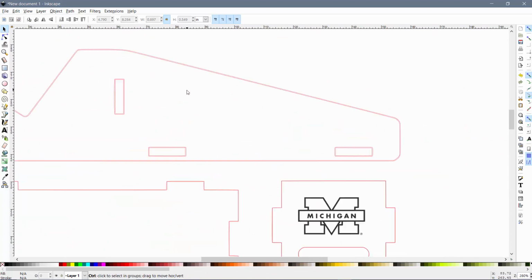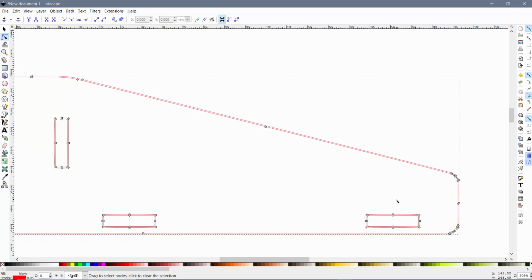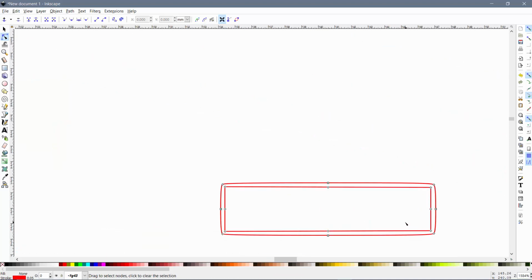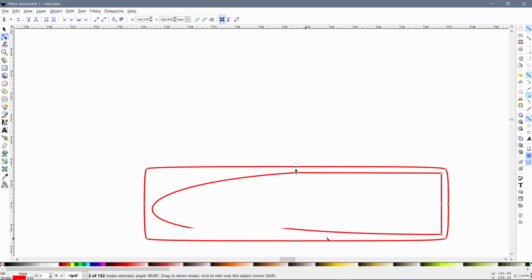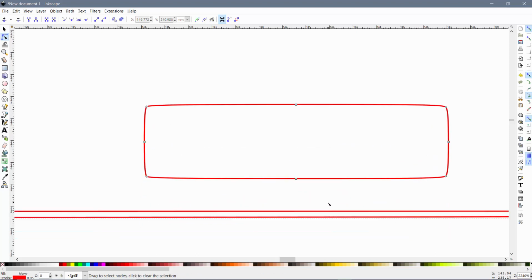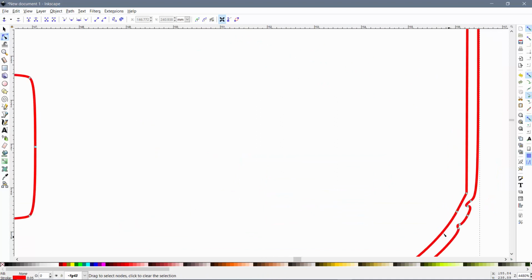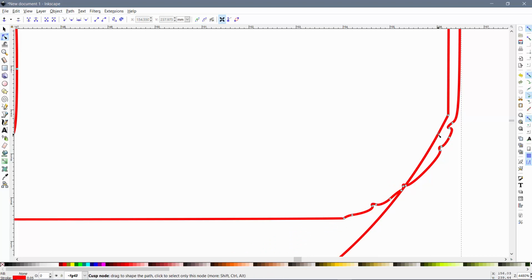Interesting. Okay, so I did notice something here, that it's giving me two outlines. Just noticed that. So you might need to tidy it up. If you click on individual dots, and you want to make it just one nice clean line, what you would need to do is, for each one of these dots, you hit delete. You can select multiple at a time if you're really careful about it. Just be careful not to select ones that you don't want. By doing this, you'll get a much cleaner cut around your laser cutter,